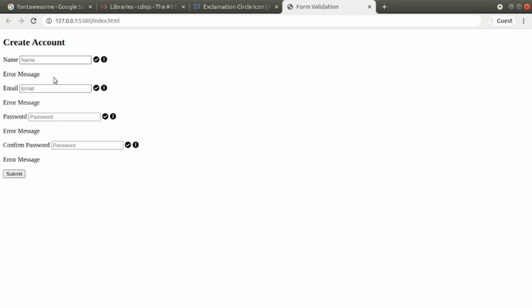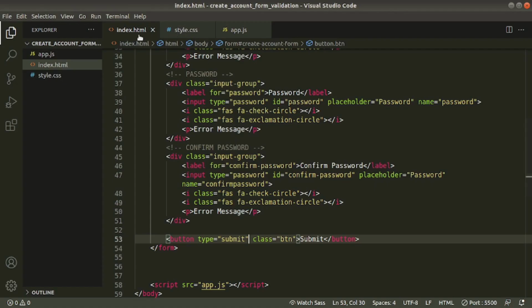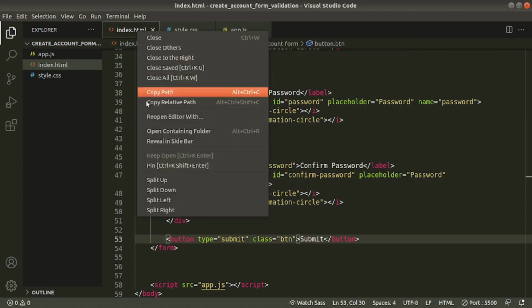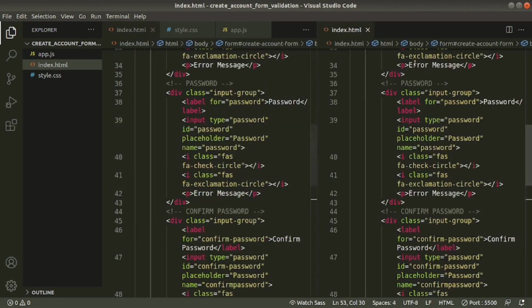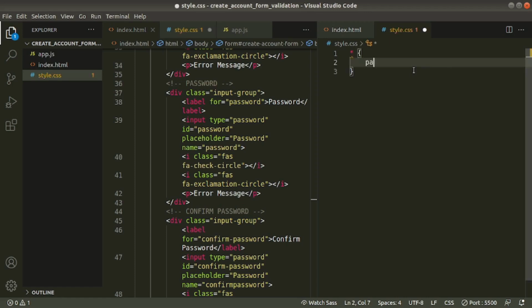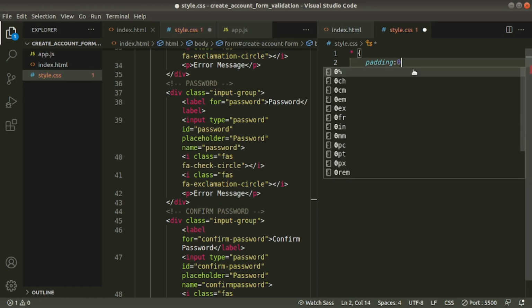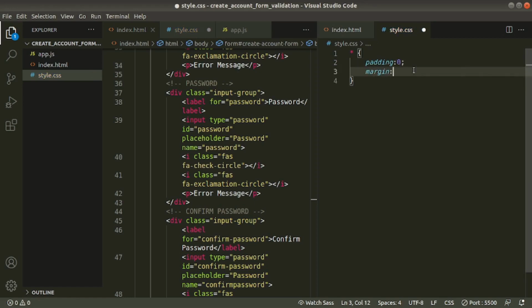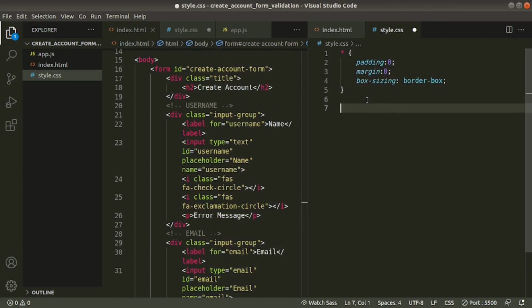Now we will style our document. Here on this tab, right click and split right, and here select the style file. Now we'll use some basic styles. Later we'll style our body tag. Display as flex.